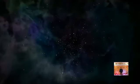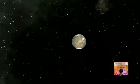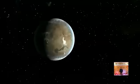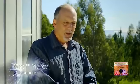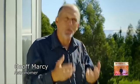Recent observations have revealed a brand new class of planet, and it's one that may eclipse our own home. We've learned something in the last few years that really shocked us. With the Kepler Spaceborne Telescope, we have found hordes of planets that are a little bigger than the Earth. We never imagined that there would be such planets. In fact, in our